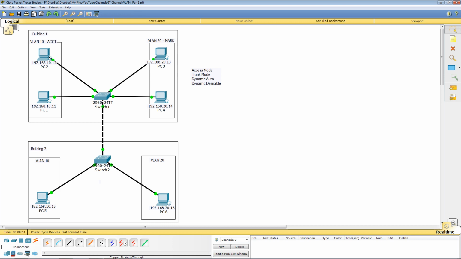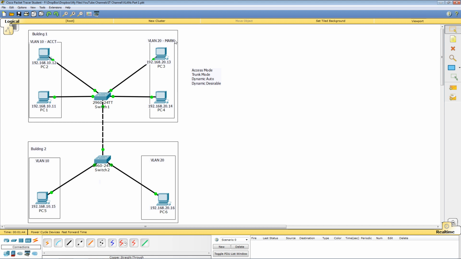If you watched videos 1 and 2, you'll already know where we are with this, but if you have not watched video 1 and 2, I'll just give you a brief summary, or you can go back and watch those videos. In video 1, we configured our network here in building 1, and we described what VLANs were and why you would need them. We placed the ports that PC1 and PC2 are connected to into VLAN 10, which is the accounting VLAN, and the ports that PC3 and PC4 are connected to, we placed in VLAN 20, which is our marketing